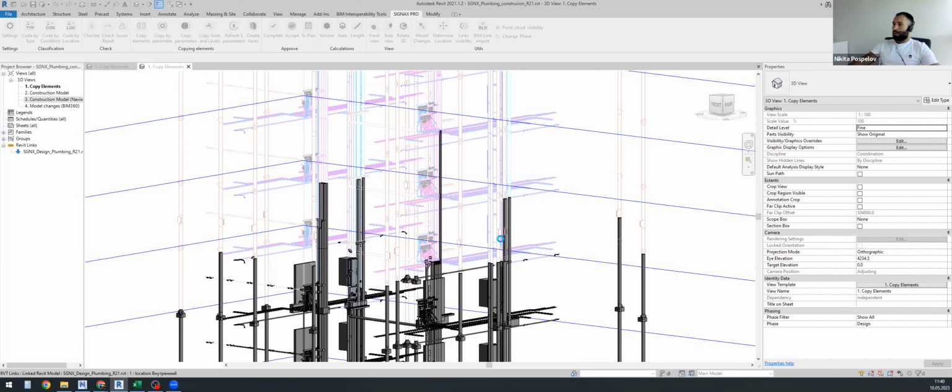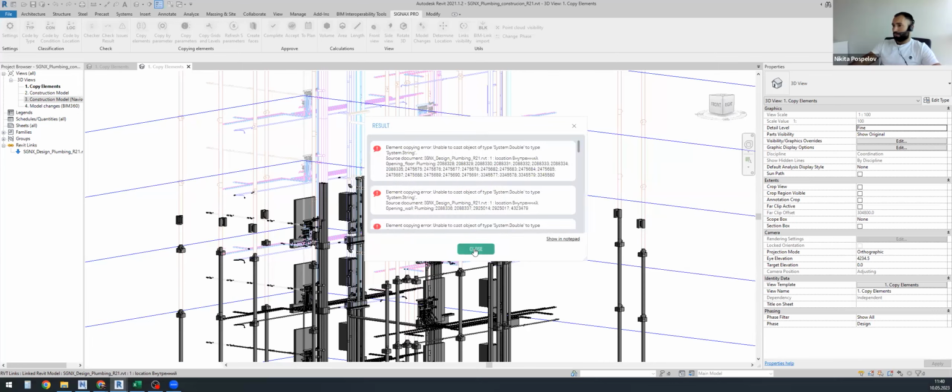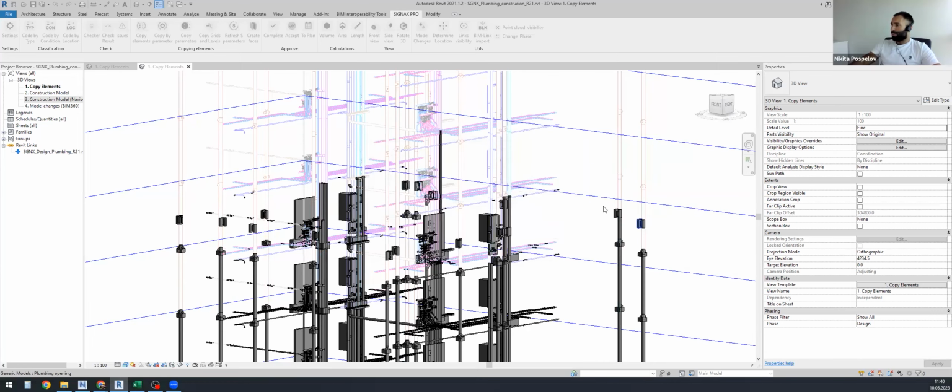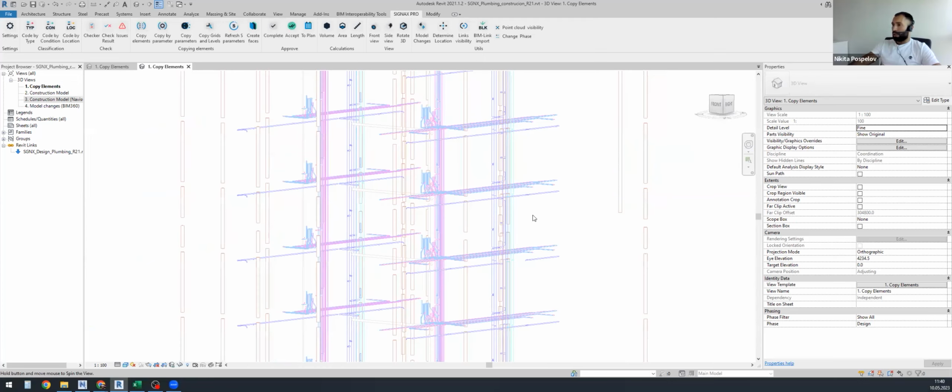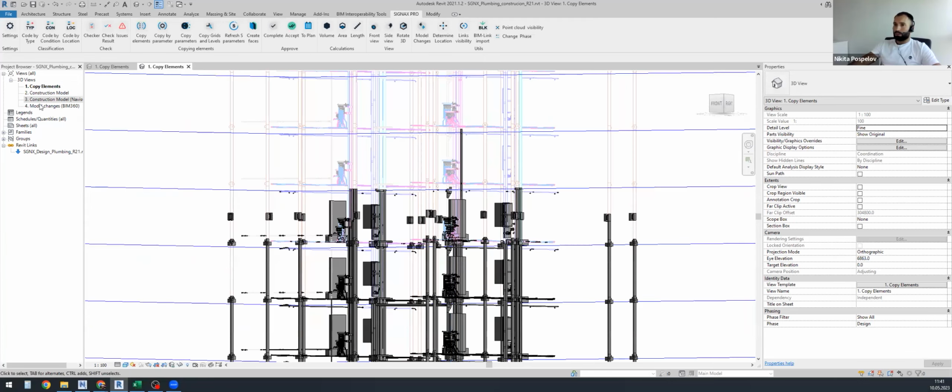As well, I have the ability to add additional parameters to filter, for example, a specific pipe diameter. For example, 6th floor and 150 millimeters piping. So here you can see we just copied all the elements that have the information about the level, 6th level. So we can jump to the second view,